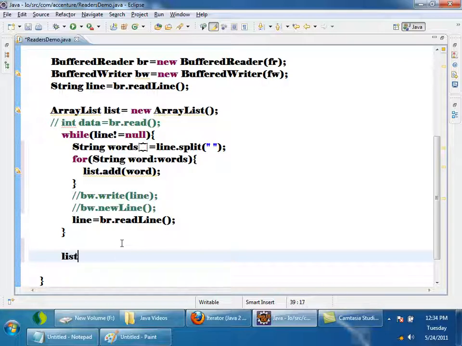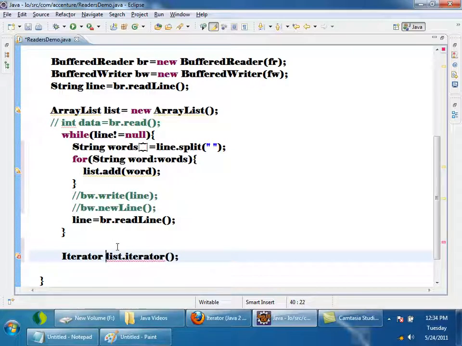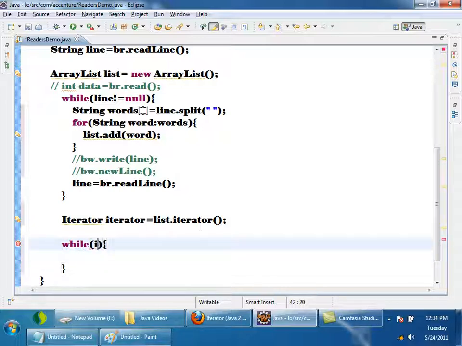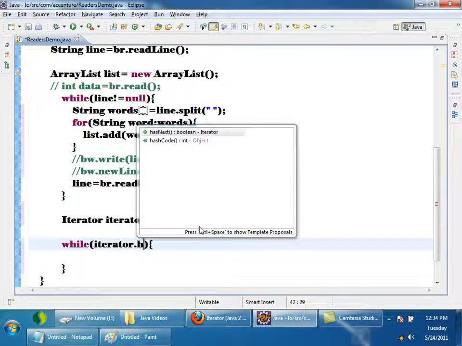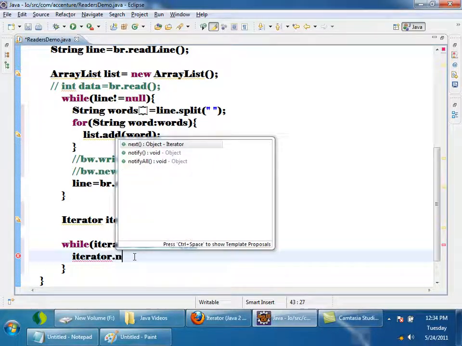So what I will do is list dot iterator, I call iterator is equal to, then while iterator dot has next, iterator dot next.